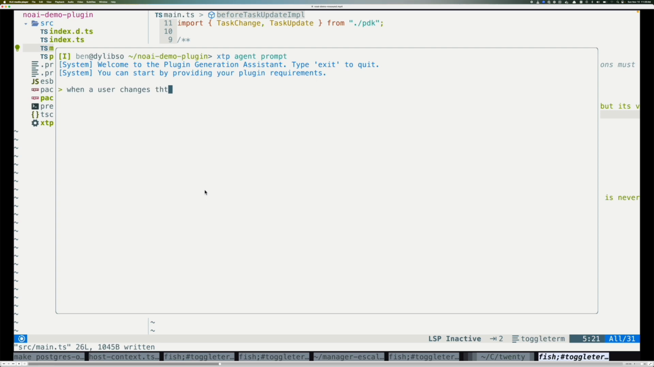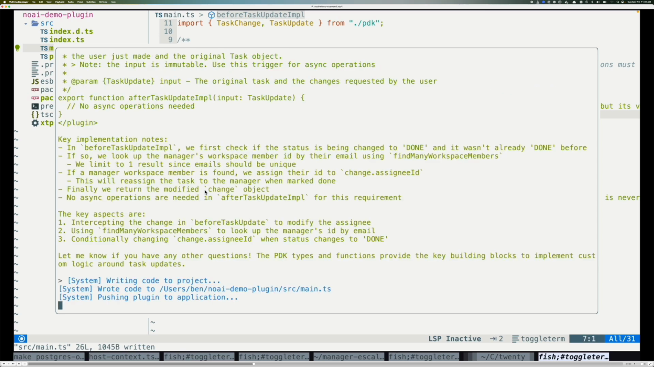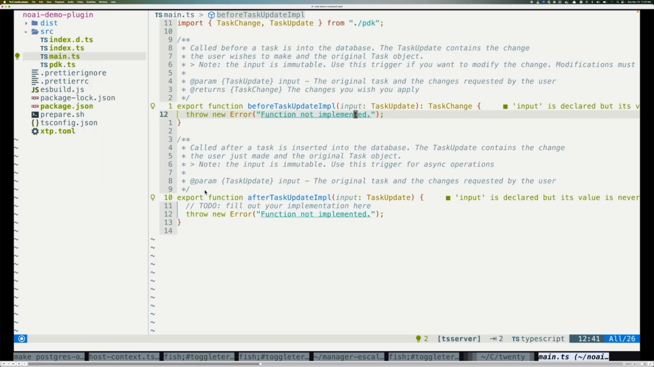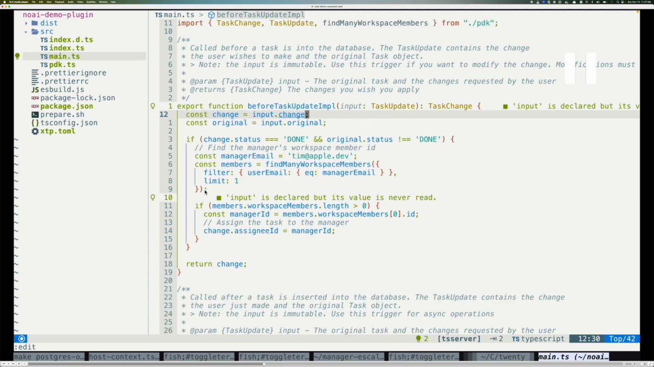And for our requirements, I'm going to say when a user changes the status to done, it should assign to their manager, and the manager email is tim@apple.dev. So what this is going to do is generate the code, compile it, and push it right into Twenty. And so let's look at what the code generated. And what's really cool about this is it actually